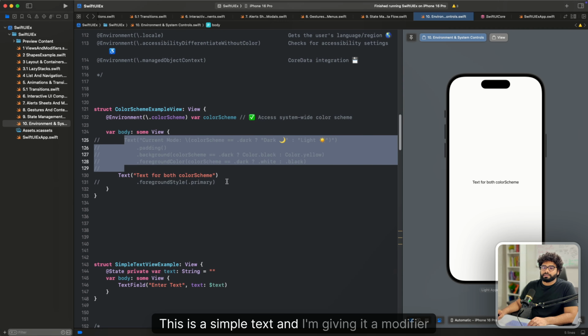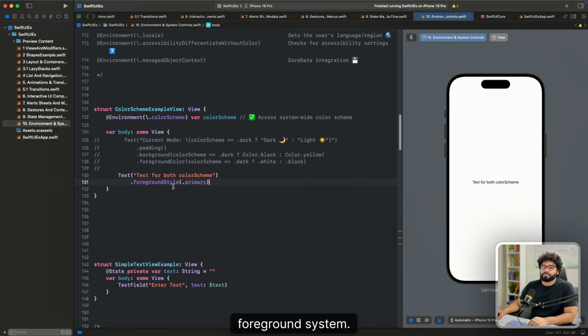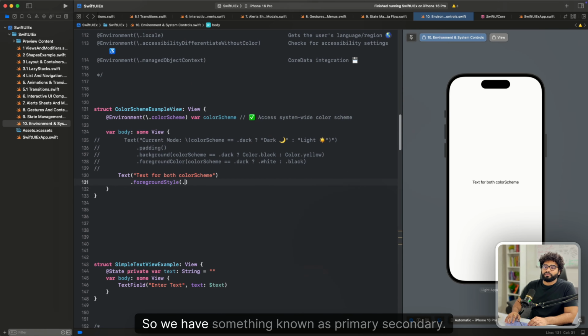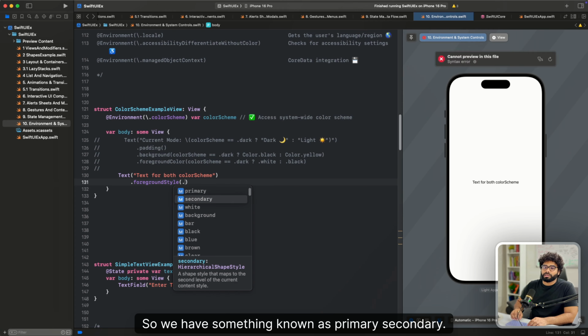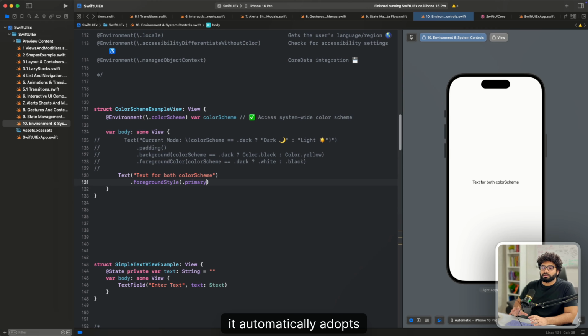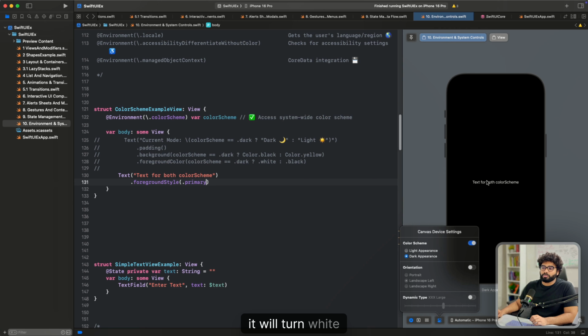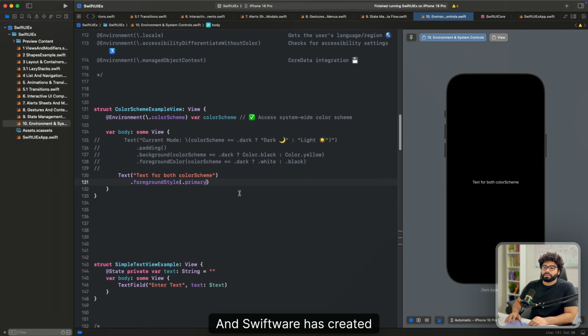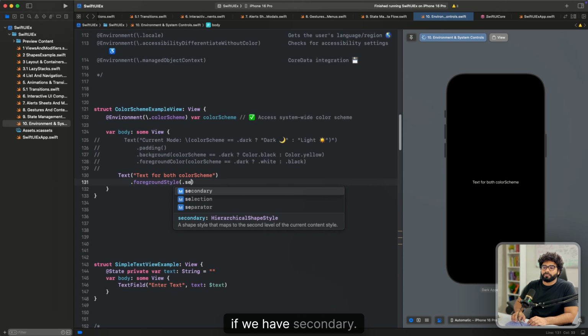This is a simple text and I'm giving it the modifier foreground style. So we have something known as primary, secondary. If you use primary, it automatically adapts based on the modes of the device. So right now it's showing black because the mode is light. If we switch it to dark, it will turn white for the dark mode. And if we have secondary,